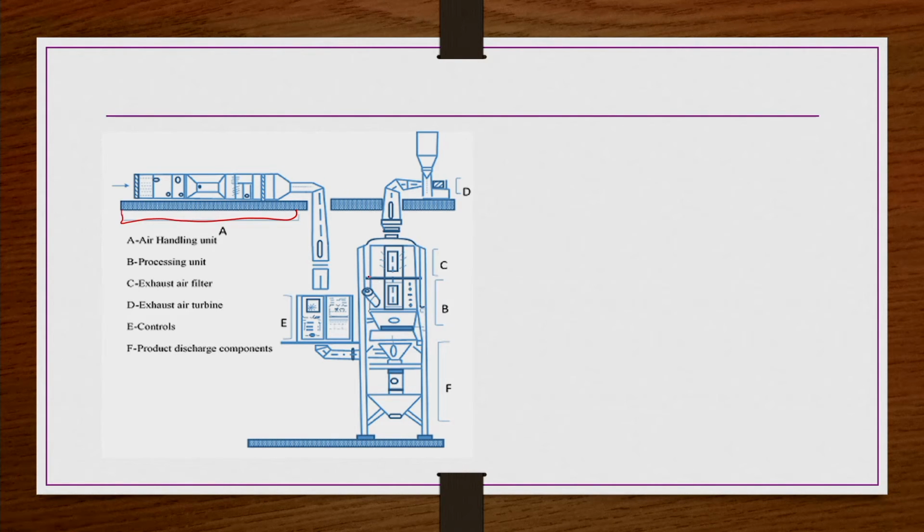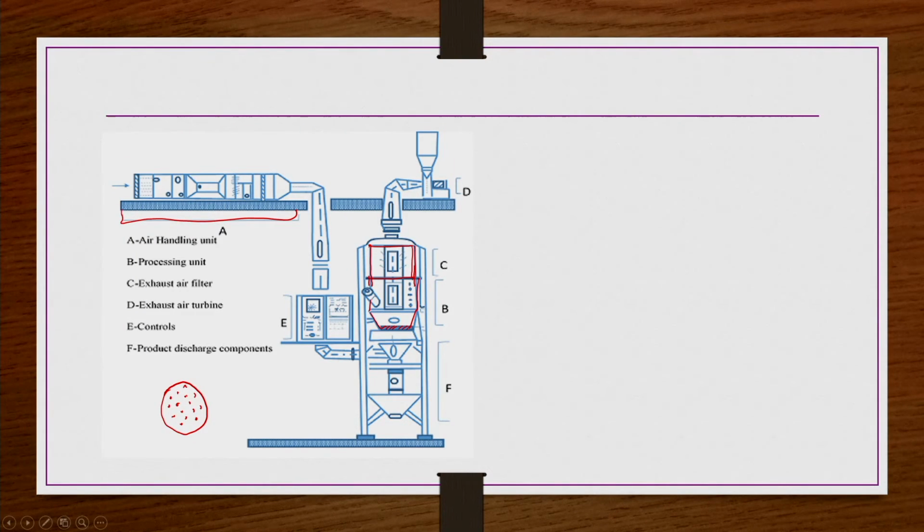So this entire section is the processing section here. Of course, it is all a single section only. Probably here we can have something like this. So this is the distributor here, right? This distributor also supports the bed of the particles, right? So the distributor plate may have perforated holes like this. It is perforated, and it will have holes like this, right?